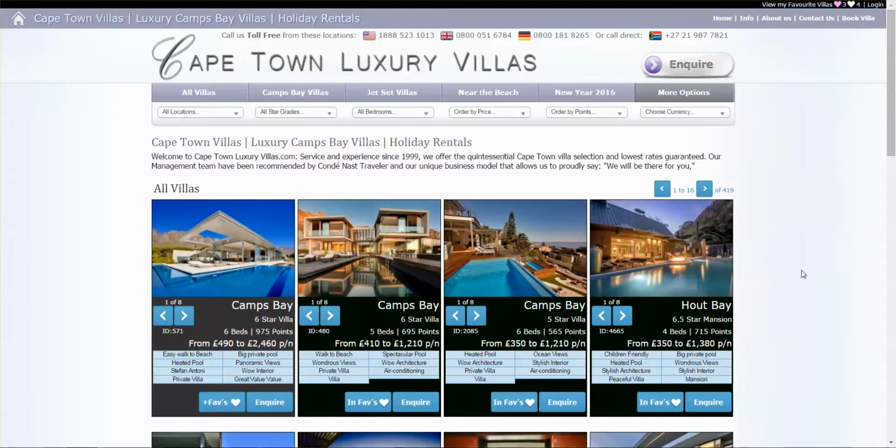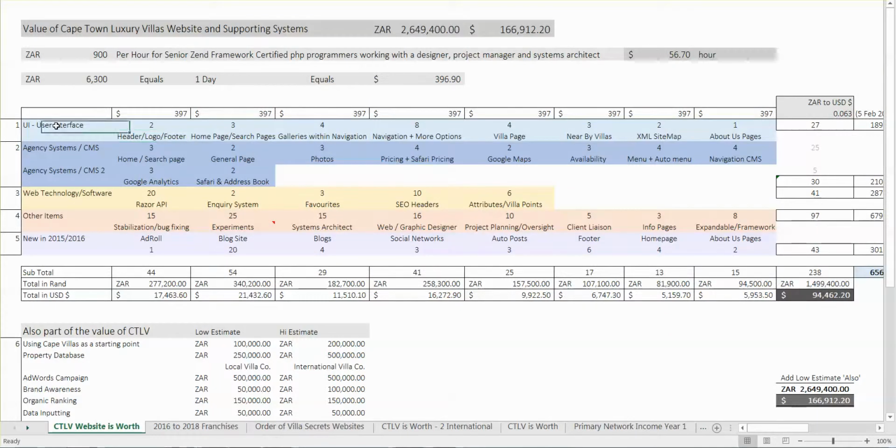Hi there, in this video we're looking at the user interface for Cape Town luxury villas. The front end, what the clients see and what Google sees. Here we go, user interface, and it's here suggested that it would take 2 days to create the header, the